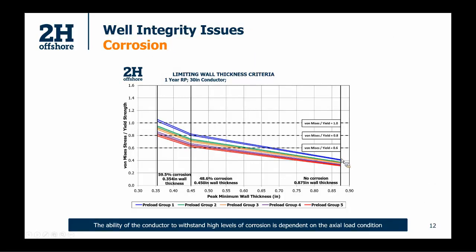So although it didn't make too much of a difference at the design stage, that reduced level of compression means that when you do start to see integrity issues, you're in a better place to handle them. And it's also worth noting that although corrosion may be a significant issue, depending on the design margins that you have, even something like 50% wall loss is not necessarily the end of the world. However, that is going to be very dependent on the system that you have.